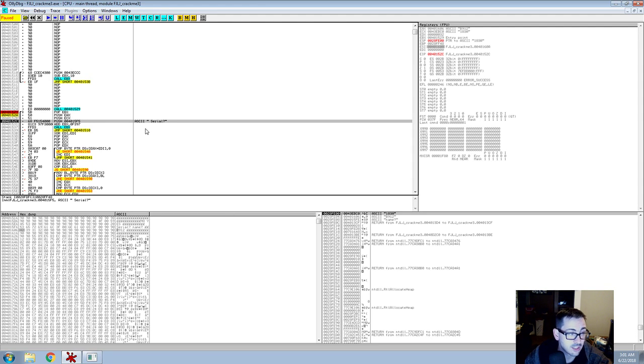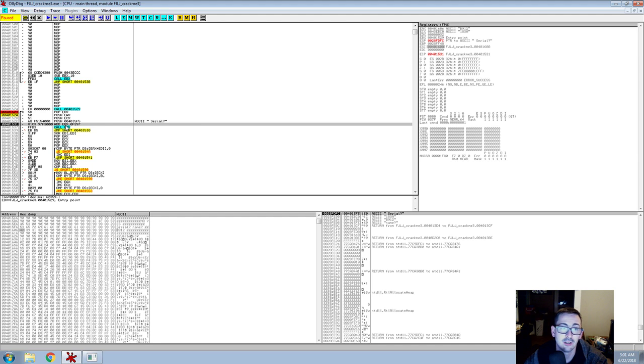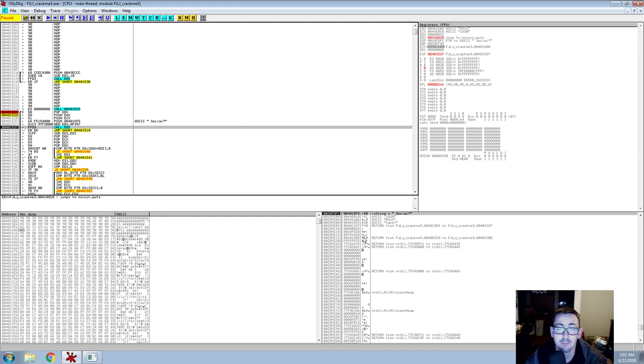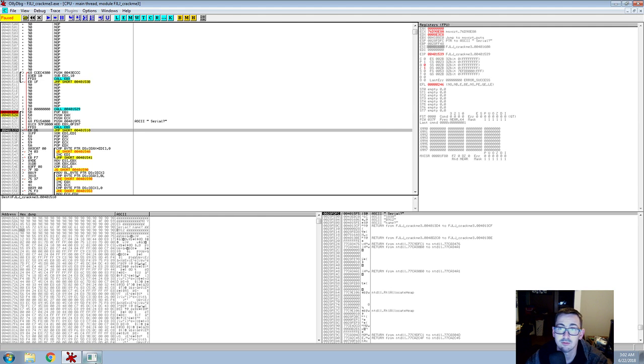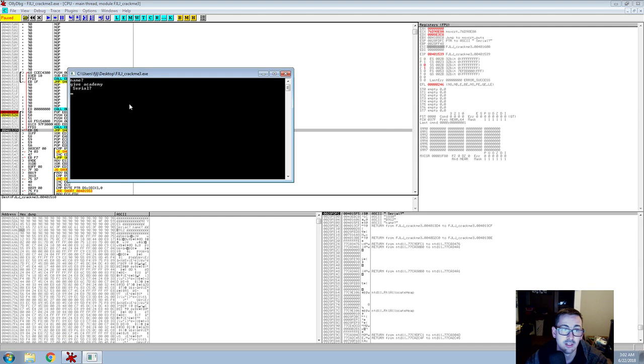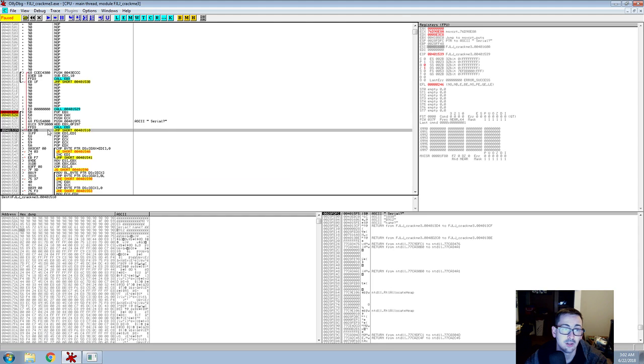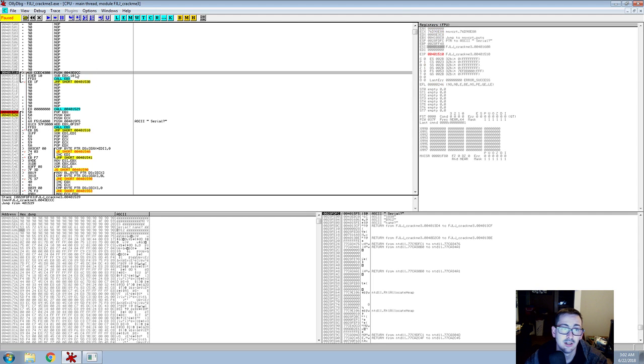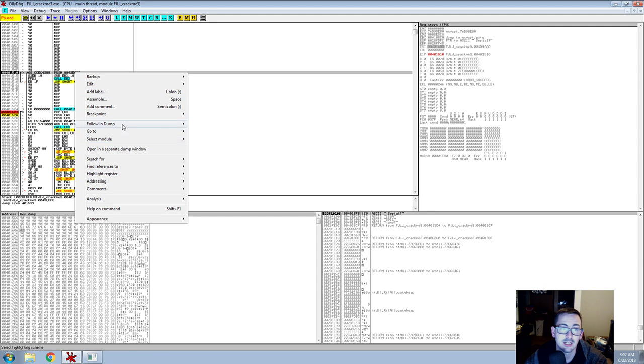We've calculated what the serial is supposed to be. We've put them on the stack so they don't get lost. We're going to push serial. We're going to get some magic so we can get our puts. And then we're going to call puts. It's going to return how many characters are written to the screen or whatever. It says serial. We're going to jump up to here, and then we're going to push this address here, which